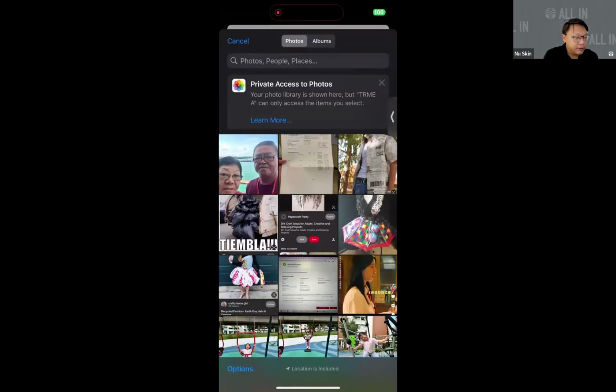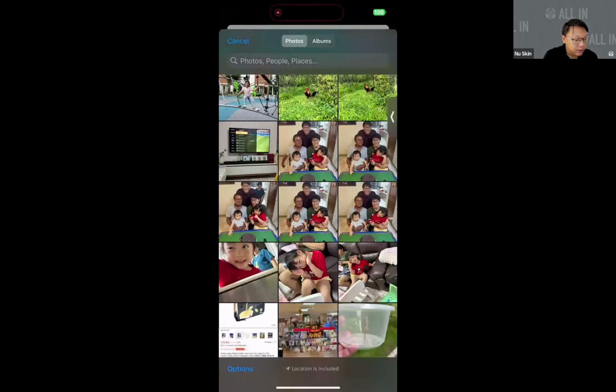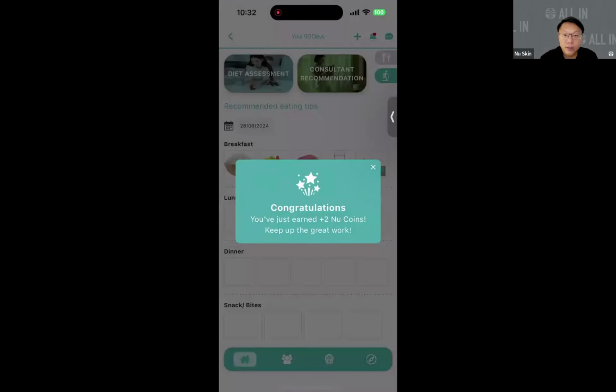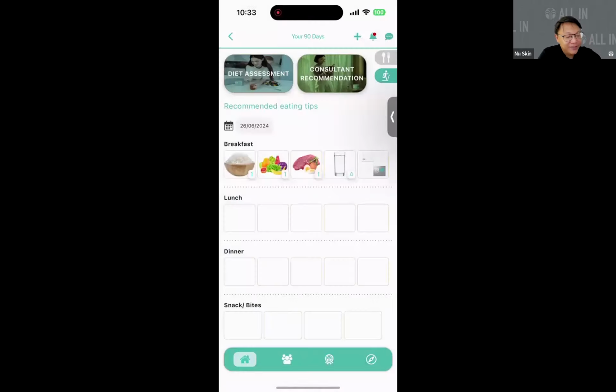You can just click on the plus sign and upload a meal photo. Then just save it. You see, again, every step that you do, we are rewarding you with coins. So it's very easy to earn coins here, right?